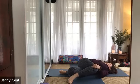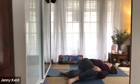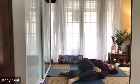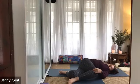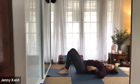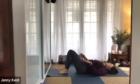And we're going to stay here for 3 breaths. And feeling that nice stretch through the side of the body and through the chest. And 2 more breaths. Find its inhalation, coming back to the center, laying on your back with both feet on the ground and